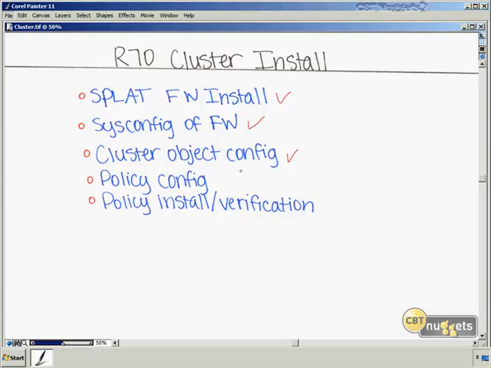We're going to switch over any objects that we were using in our R65 cluster install. We're going to migrate all that over to our R70 cluster, and then we're going to build out a policy. And as part of the policy config, we're going to make sure that any of our rules that we would have used inside of our R65 security policy have been adjusted, and they will directly apply to our R70